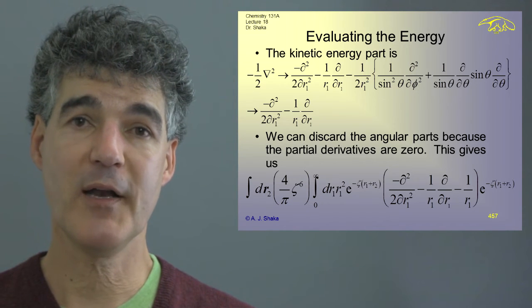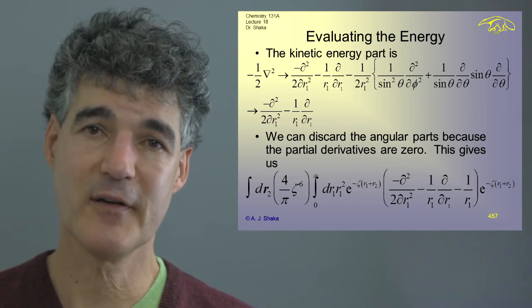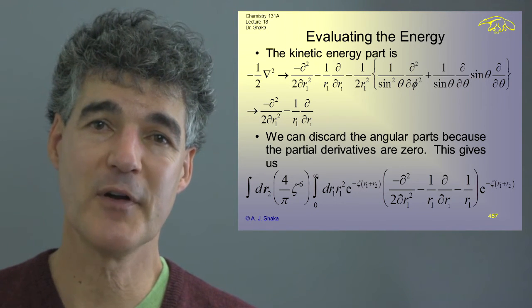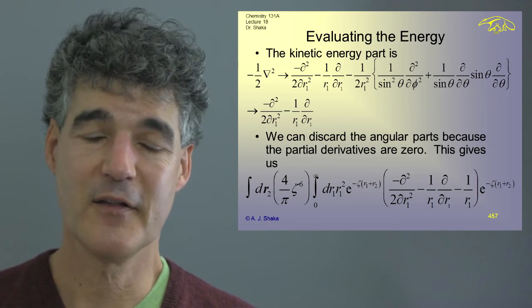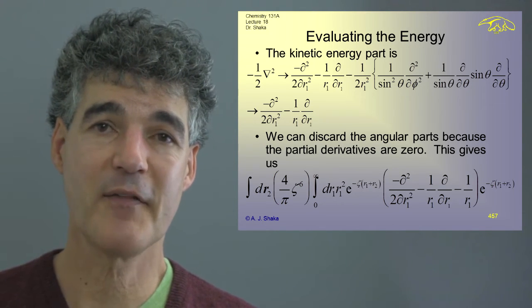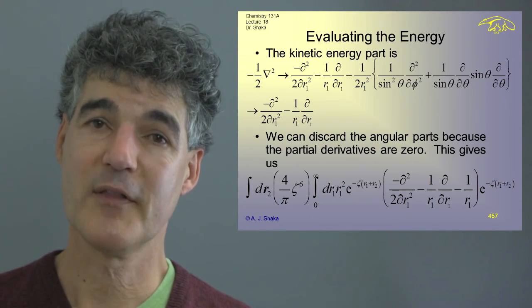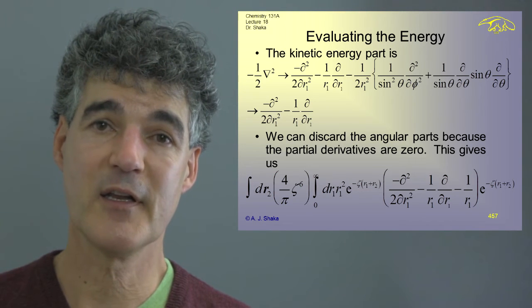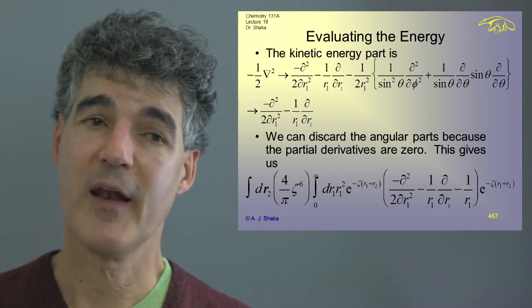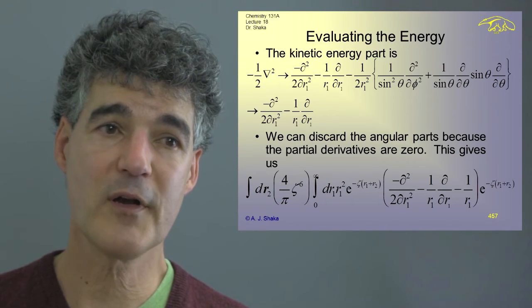Now you might say, well, why don't you just divine, since this is so similar to the 1s orbital of hydrogen, where to put zeta into the answer? And the answer is I don't trust myself to be able to get that right. So I'm going to go back and put in what the kinetic energy is, and I've written it in atomic units here. It's minus 1/2 del squared, and I know how to write that out in spherical polar coordinates,